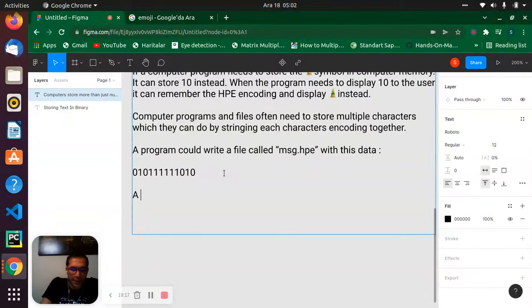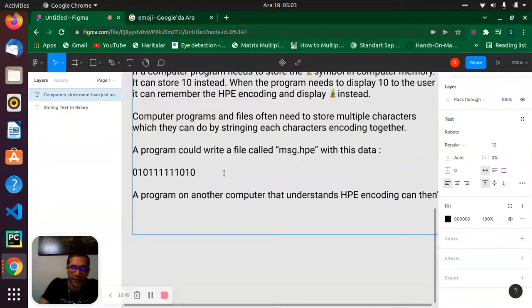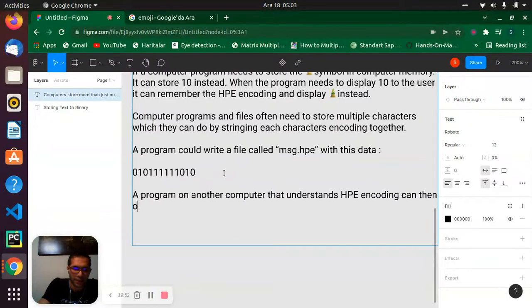Let's say a program on another computer that understands HPA encoding can then open message.hpa, right?